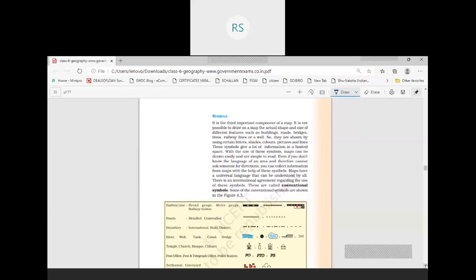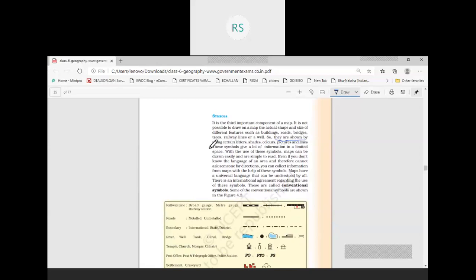But we have to show all these things in the map, because without showing all these features, our map will be incomplete. So in order to make the map meaningful, useful and complete, we need to show all these different features. But we cannot draw them as they are, because it is not possible to draw their shape and size in the map. So what we do is use certain letters, okay, we show all these features,